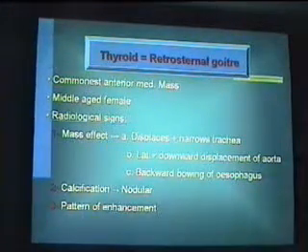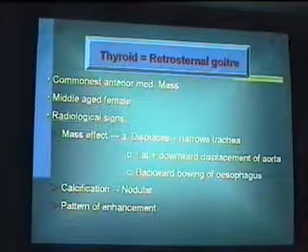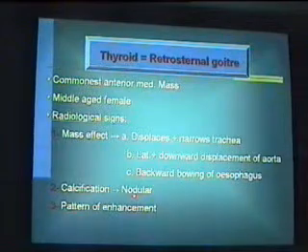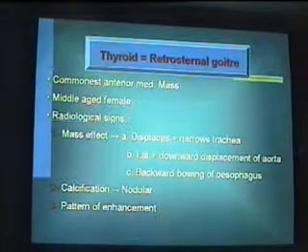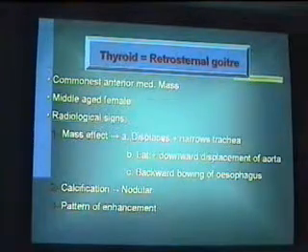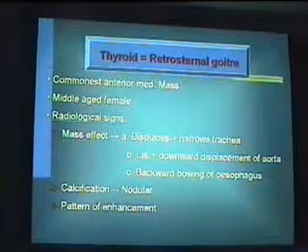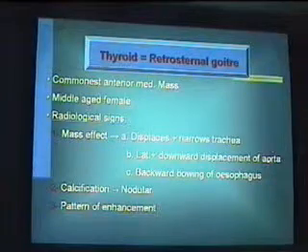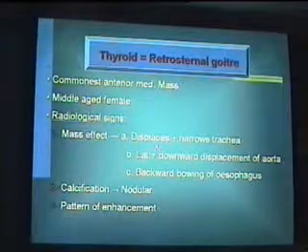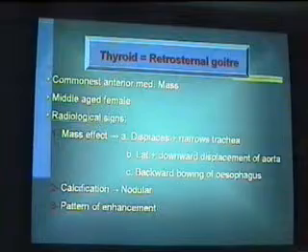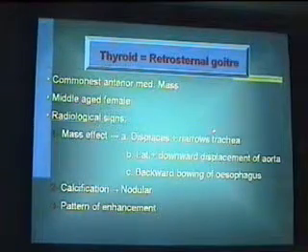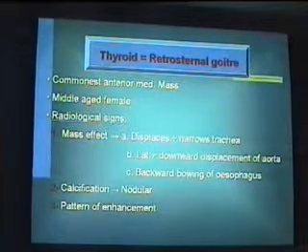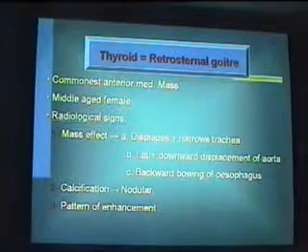الراديولوجيكال ساينز بتاعتها بتبان بايه؟ اهم حاجه الحقيقه الباترن اوف انهانسمنت و the presence of nodular calcification وبعدين the mass effect. الماس effect it displaces and narrows the trachea، دي حاجه من الحاجات الشهيره للثايرويد، وبتعمل لي lateral and downward displacement of the aorta، وبتعمل لي backward bowing of the esophagus. تمام كده؟ عاده what affects the trachea as a mass effect always affects the esophagus عشان هما ماشيين two tubular structures ورا بعض. اوكي؟